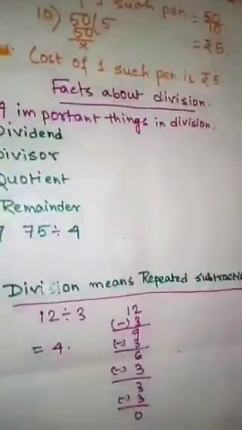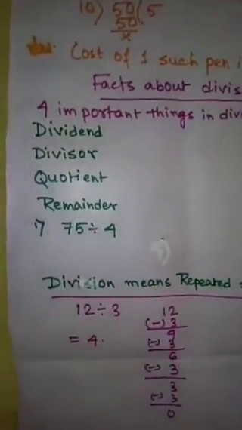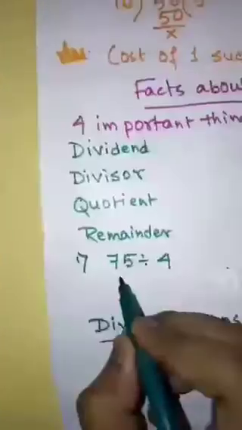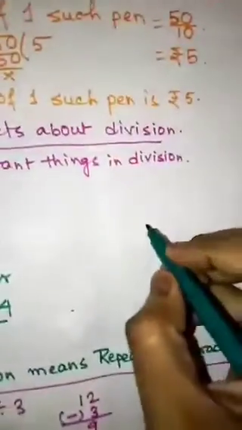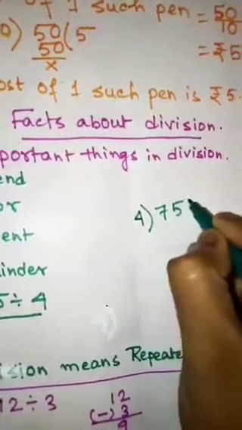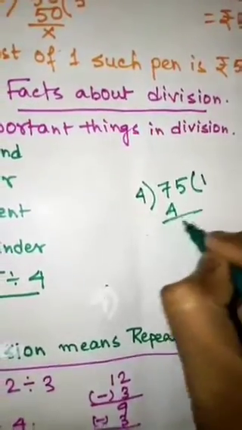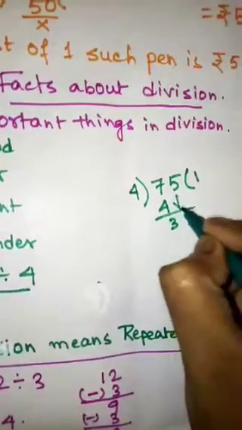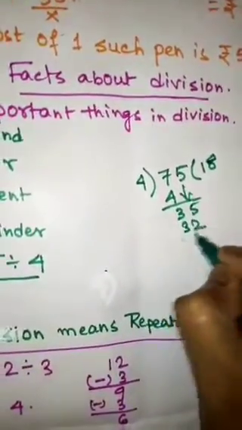Now here are facts about division. I know that you know how to divide a number, that is very easily known to you, but there are certain facts I just want to discuss with you. Suppose we want to divide this number and find out these 4 things: dividend, divisor, quotient, remainder. So what we do, we take the number over here, we divide it in the usual form. One time you can put over here, subtracted we got 3, we put down 5, we can get over here 8 more, 32.